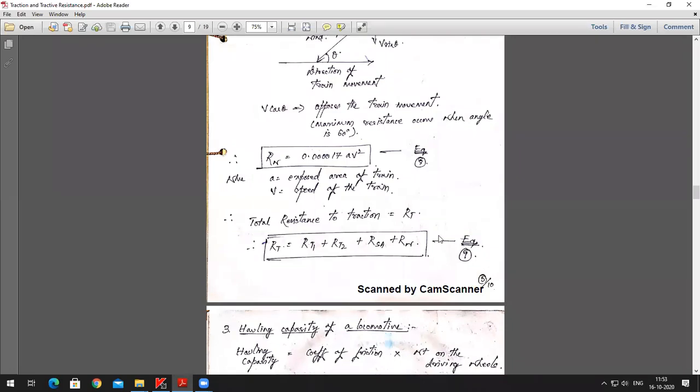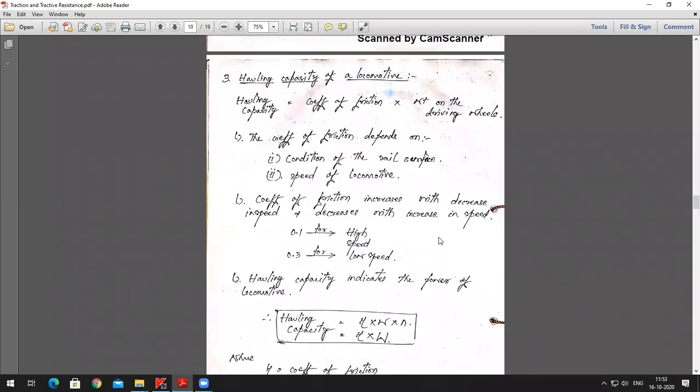Okay. Next, we shall discuss the next phenomenon, which is called the hauling capacity of a locomotive. Now this hauling capacity, you need to understand what this actually means. The meaning of hauling capacity should be known to you. So hauling capacity is the capacity of the vehicle to haul, to move the train from one place to the other place. So haul is nothing but the capability of the train to carry certain load on it, including its self weight. Other than that, what weight it can carry, all put together is what we call hauling capacity.